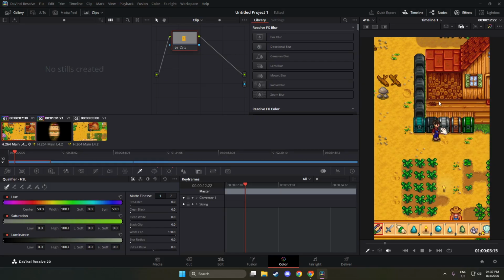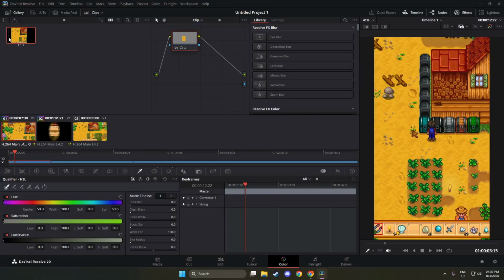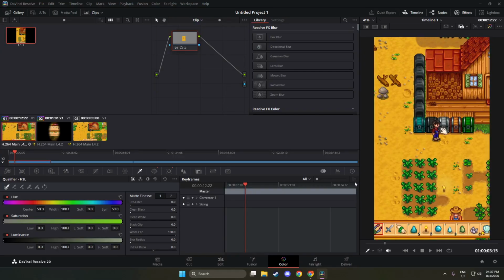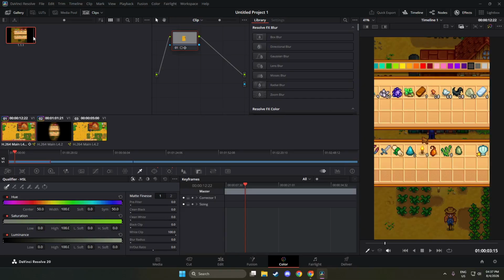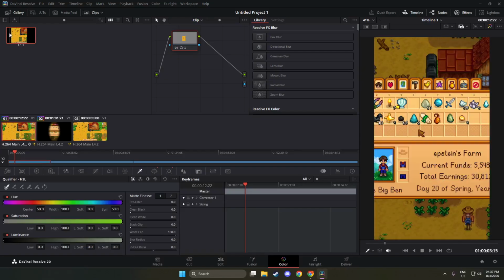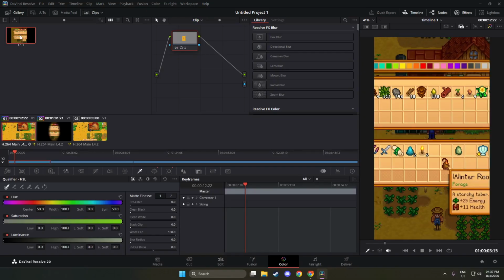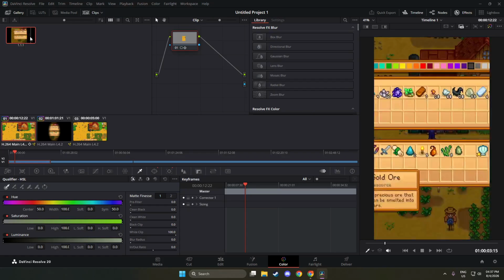Next, open the gallery panel in the top left. If it is hidden, click the word Gallery at the top left of the color page, and the panel will slide open. You should now see a strip or grid of thumbnails showing any saved stills. The new still you just grabbed will appear there as a small image, usually labeled with the timeline name and a number. Right-click the still you just captured. This is the thumbnail that matches the frame you chose.